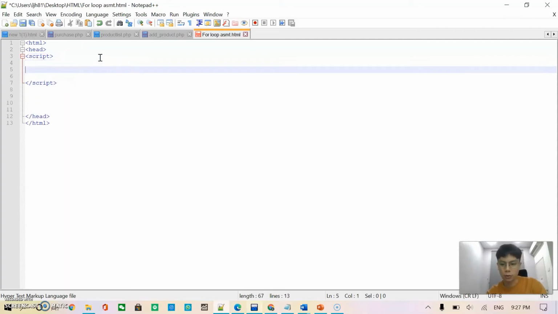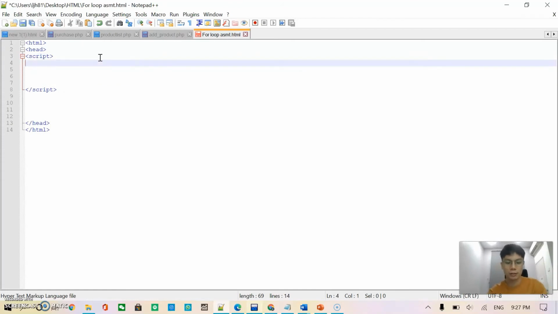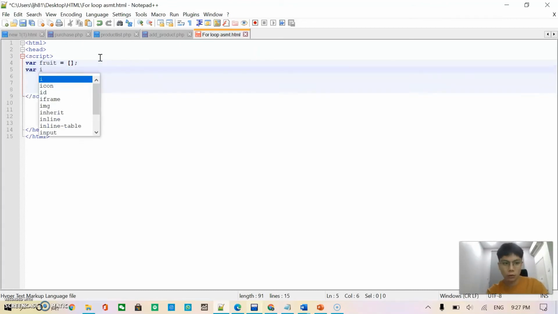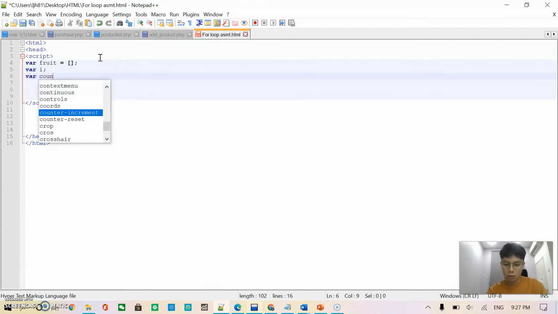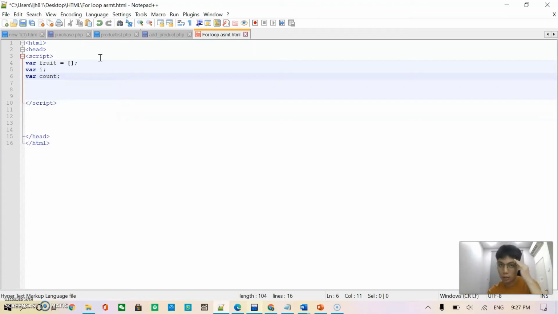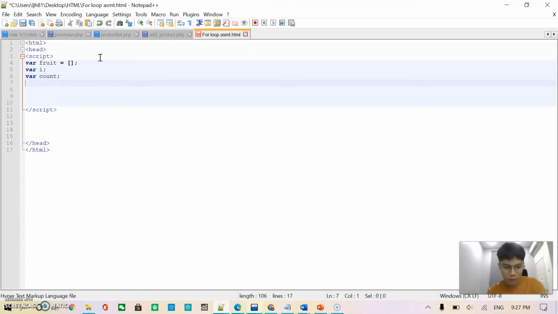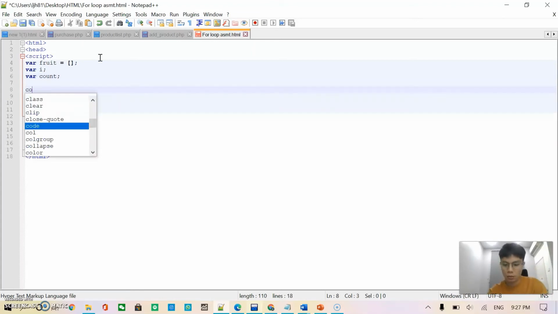Okay, after that we shall declare a variable, var fruit. The example I will use is fruit, okay. Fruit, var i, this is for the for loop, and then var count. Count is to store how many the user inputs. Right. So after that we use count